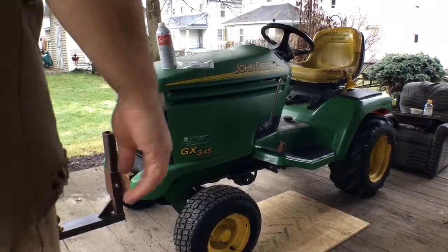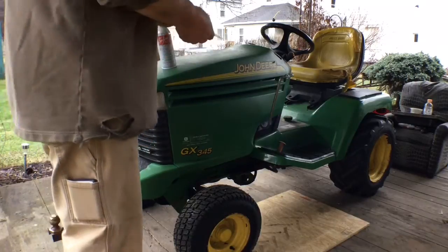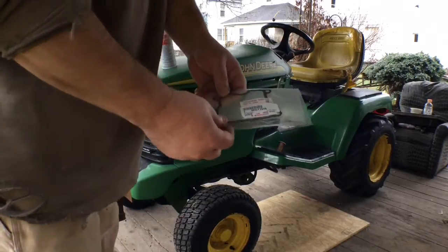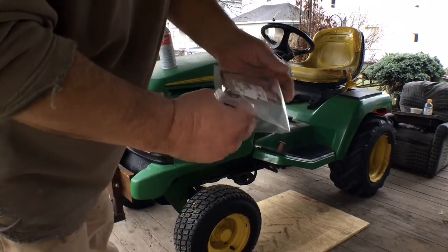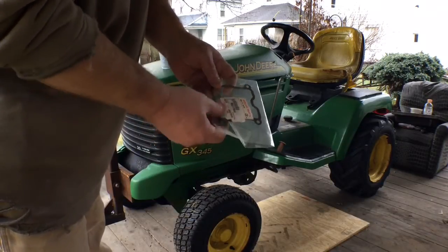Okay, so today I have two situations going on with my GX345. I have to replace the valve cover gasket on the driver's side, which just randomly started leaking. Now I bought this new gasket at the John Deere dealership. According to them, I can't use the Permatex Ultra Black, but we'll find out. But I'm also supposed to leave the old O-ring in when I put this new gasket on, which to me